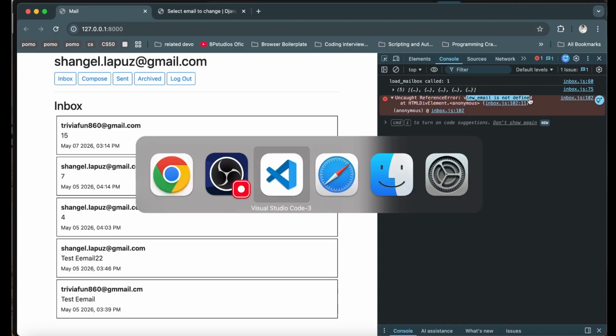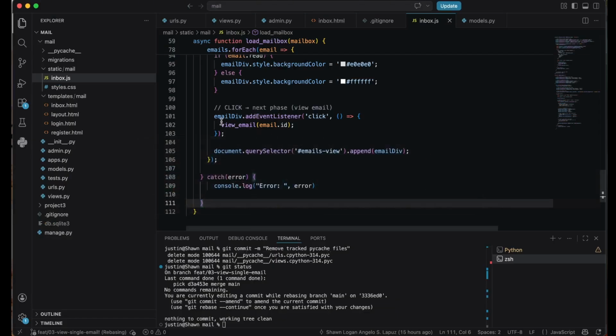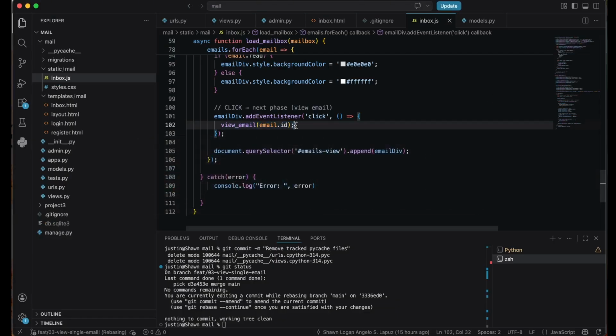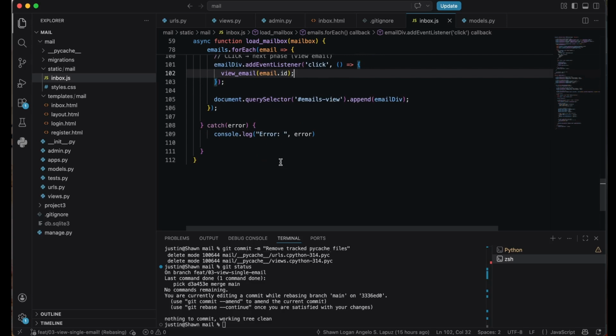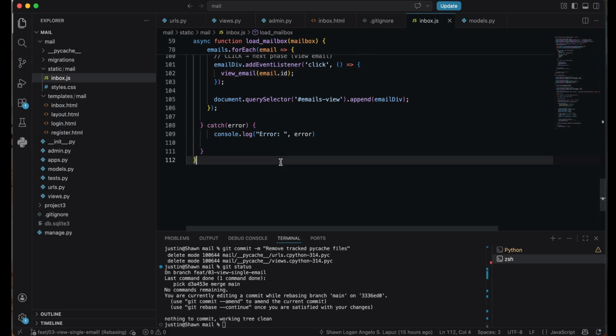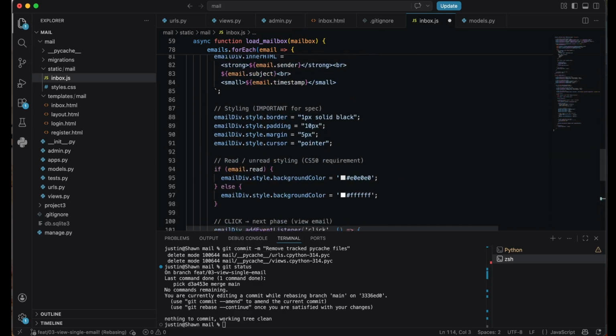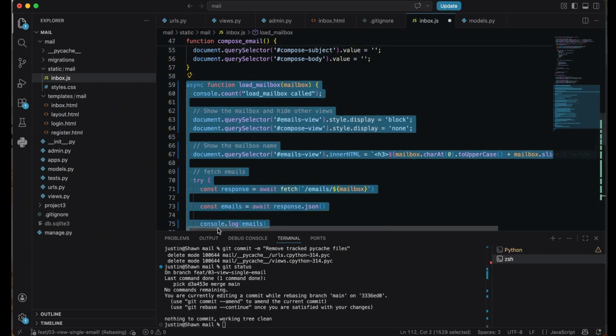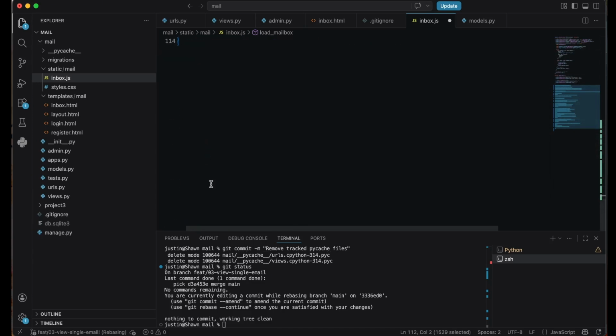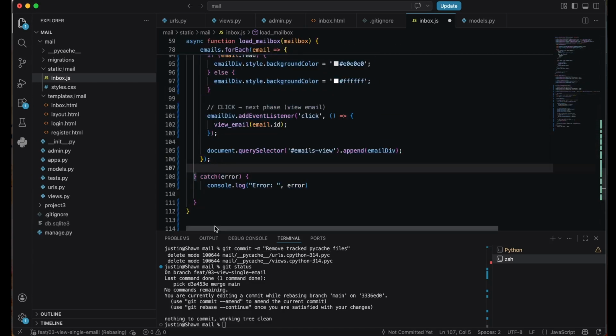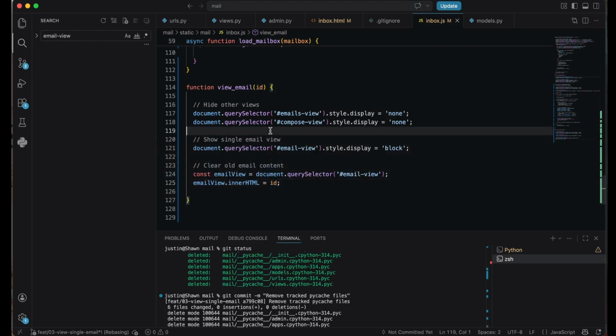This is normal because once we see here in our code, view email is the last part that we created, and this is yet to be created. Right now, let's create this. This will have the same indentation as our function. So what we're gonna do first is to